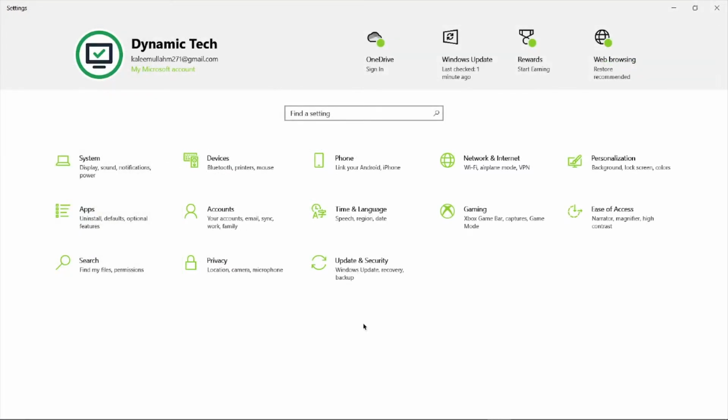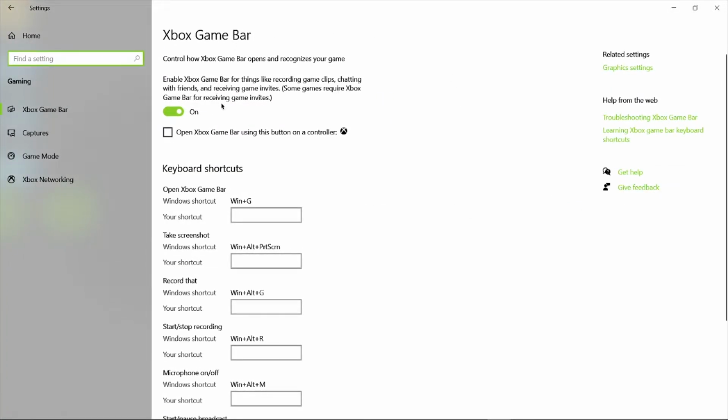After disabling startup items, let's optimize our computer for gaming. So you will see a gaming section here, click on it, and from here turn off Xbox game bar, because it will decrease your gaming experience and your games will lag when you capture a screenshot or recording. So I would recommend you to record with an external application or software like OBS or Bandicam to record gameplay